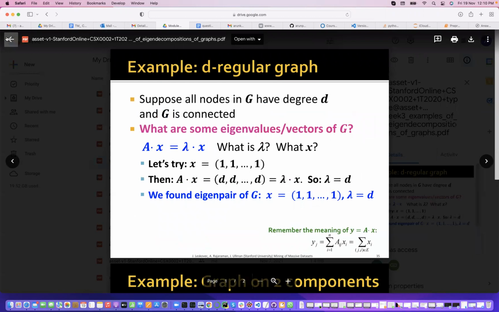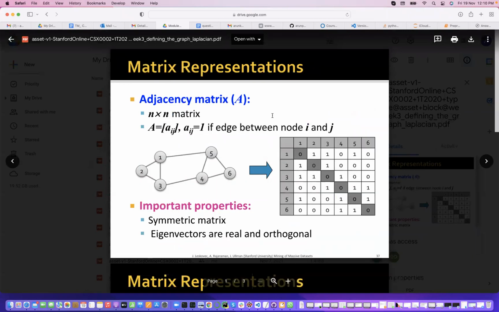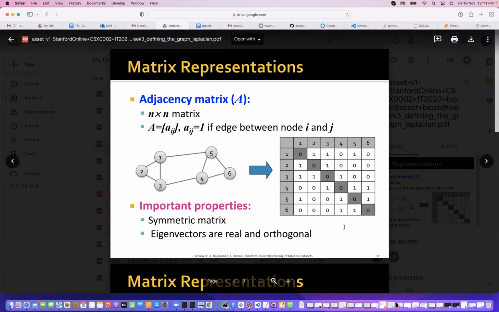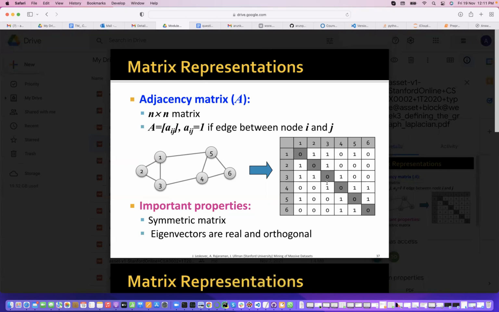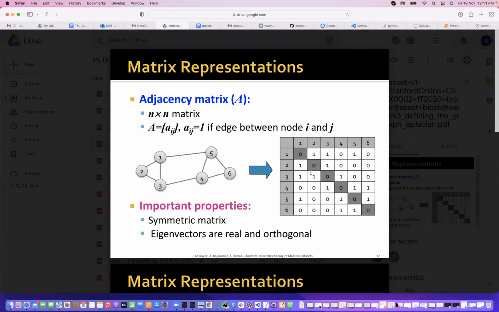This we did. Okay. Then matrix representations. You know how a matrix is used to represent a graph. This will be an n by n matrix with all zeros or ones. Then for the diagonal, we are assuming that there are no self loops or self links, so the diagonal will become zeros. In the remaining places you can find ones or zeros. And this matrix is represented like this. Verify, is it represented correctly?